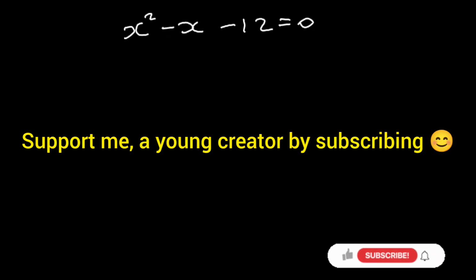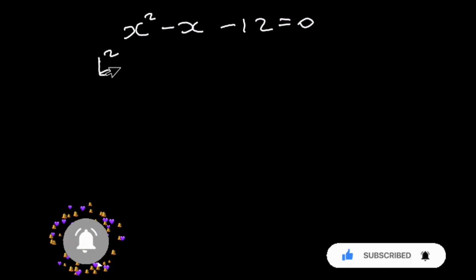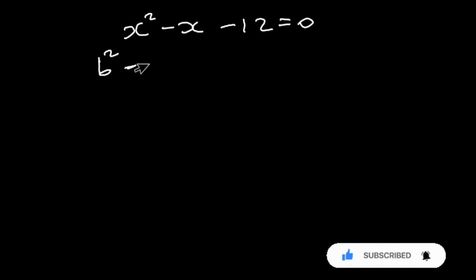In this lesson, we're going to be focusing on solving quadratic equations using the factorization method. So when do you apply the factorization method? We have a parameter known as the discriminant. It's given as b squared minus 4ac. If this discriminant is equal to 0, the equation is factorizable, and then the roots are going to be one